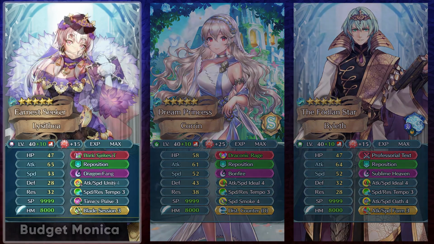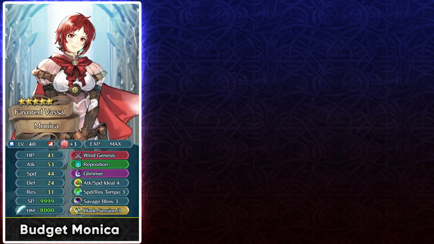And if you want to build up Monica, then she could just be built up with Savage Blow Inner Slots as a budget option, and you can just run Blade Session as a Sacred Seal to give her the most offenses. Like a lot of the mages who have -1 special cooldown in their weapon, she could be run as an AoE nuke,